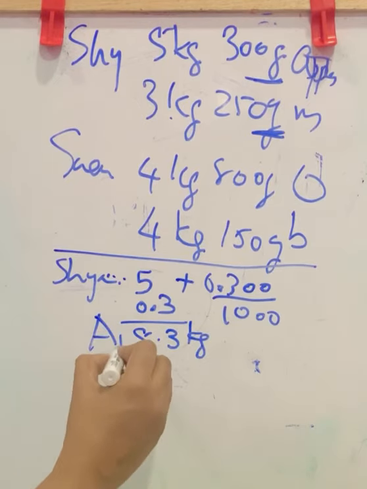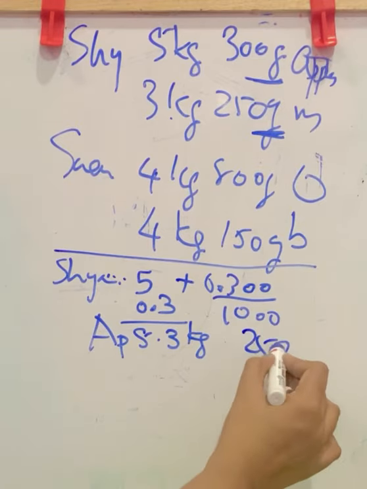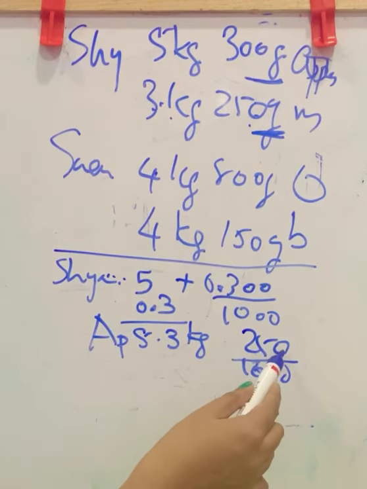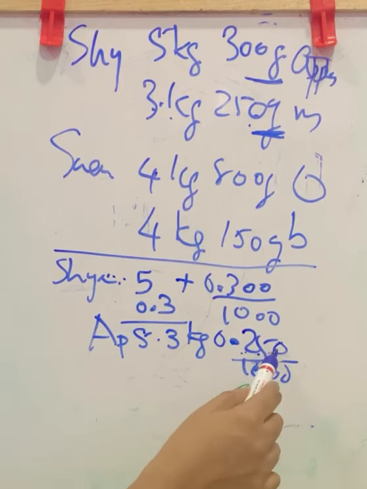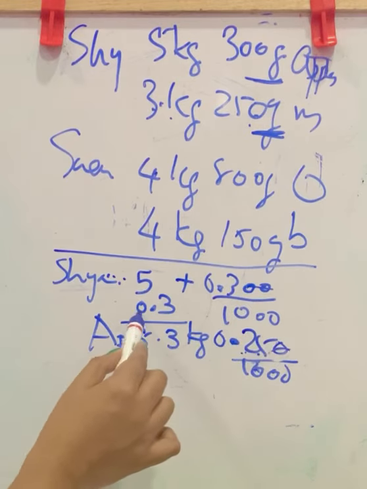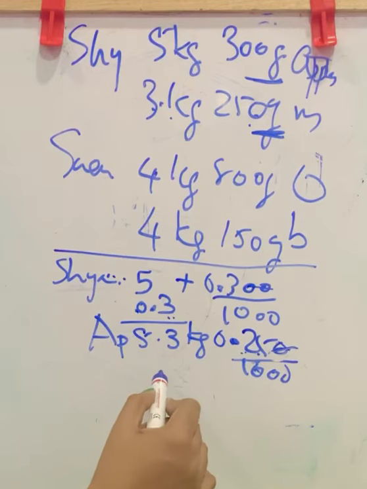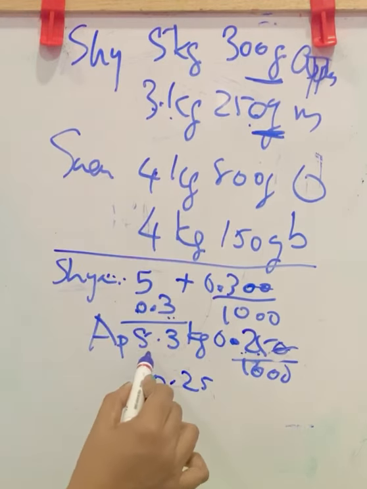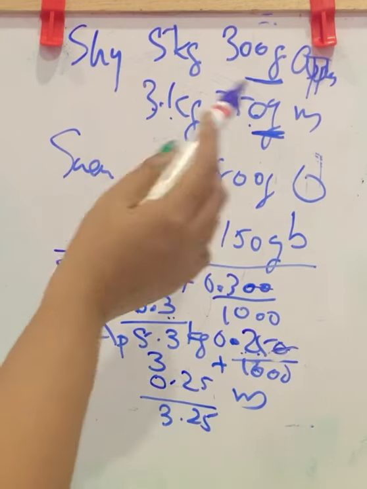Now this is apples. Now 3 kilogram 250 grams. Again 250 by 1000, you want to convert it into kilograms, then only you can add. So 3 positions it will reach here, that is 0.250. You don't need to write this 0 because it is in the ending part. As we cut the zeros in the ending part and write 0.3, we can cut this 0 in the ending part and write 0.25. So 0.25 plus 3 kilogram, that is 3.25 kilogram mangoes she bought.